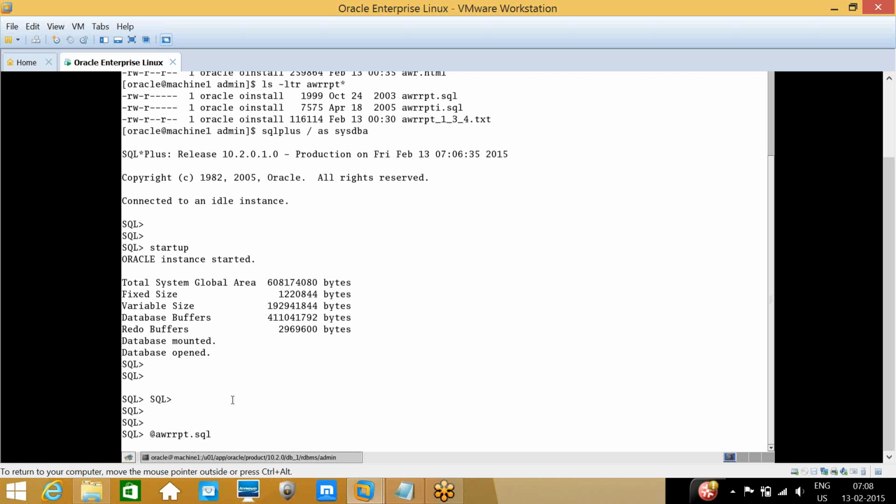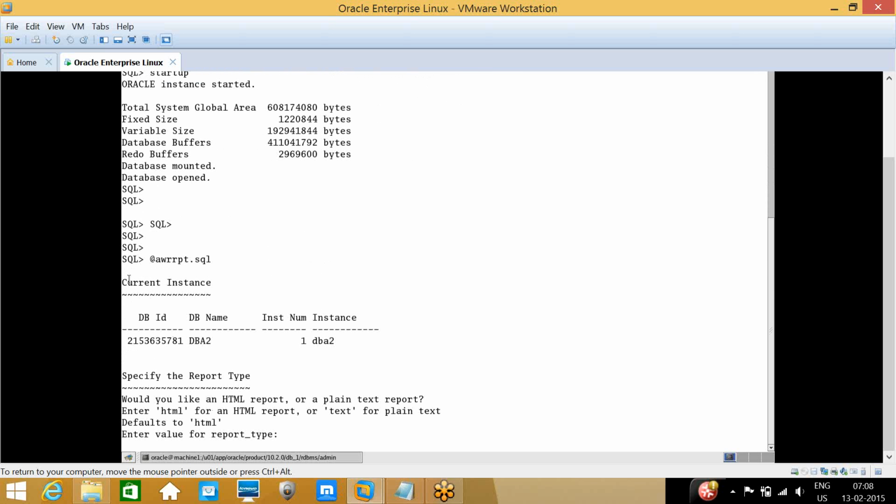In SQL Plus, you just need to connect to the database and then run this SQL. If you run it on a server, then you have to download that file to your local PC to analyze it, or else use some tools to open the file.